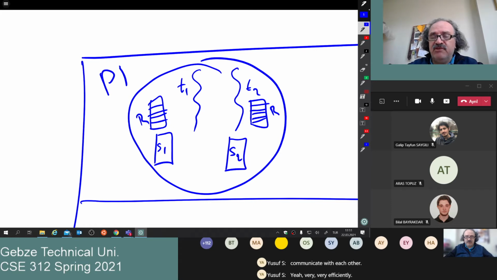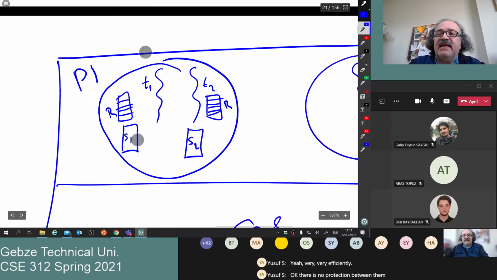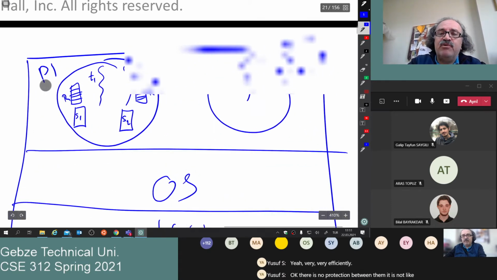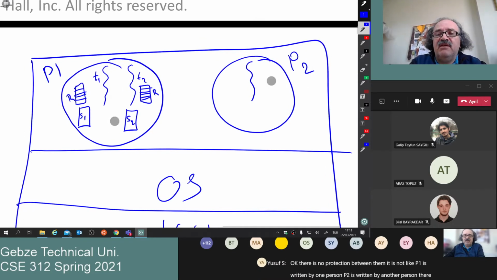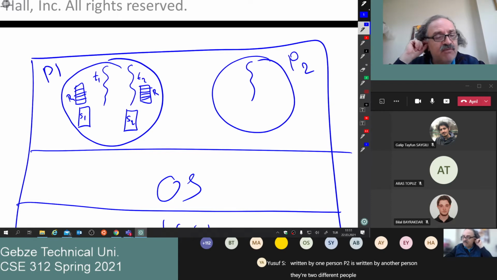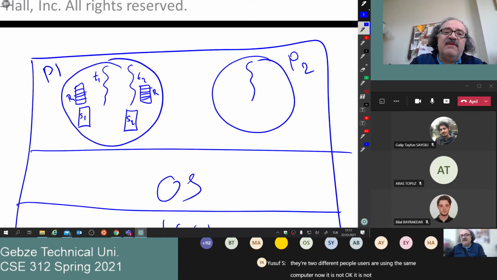Okay, there is no protection between them. It is not like P1 is written by one person and P2 is written by another person. They are not two different users using the same computer. So think of P1 as, for example,